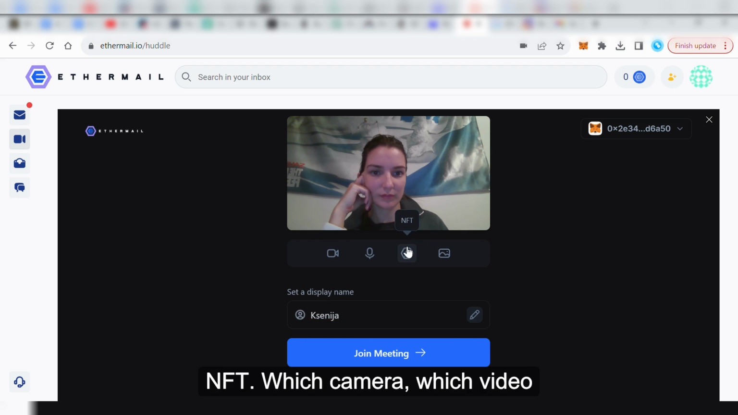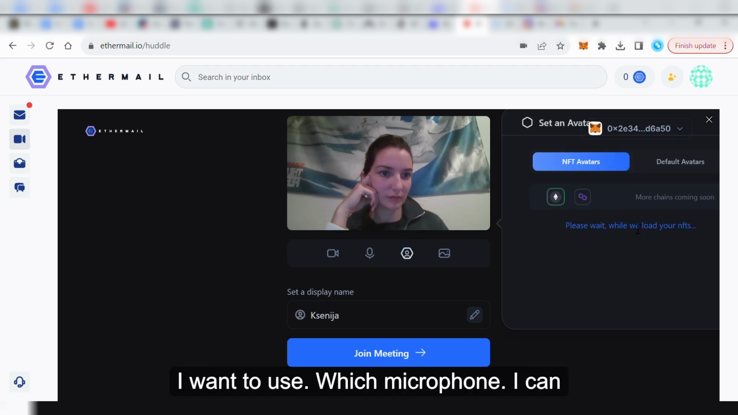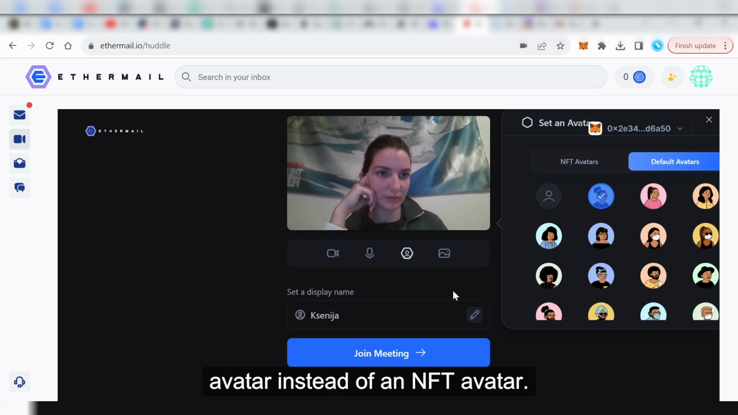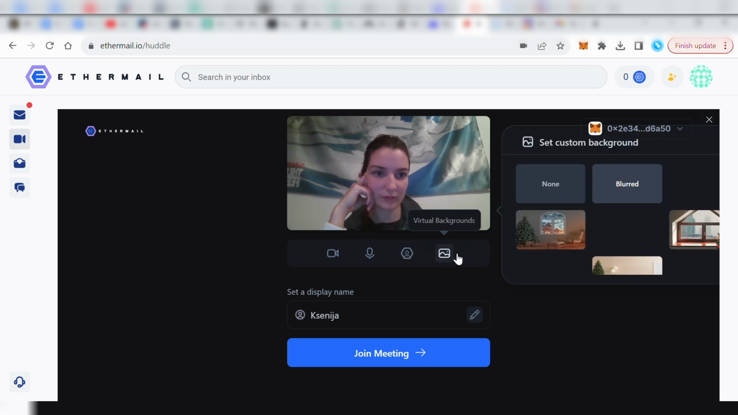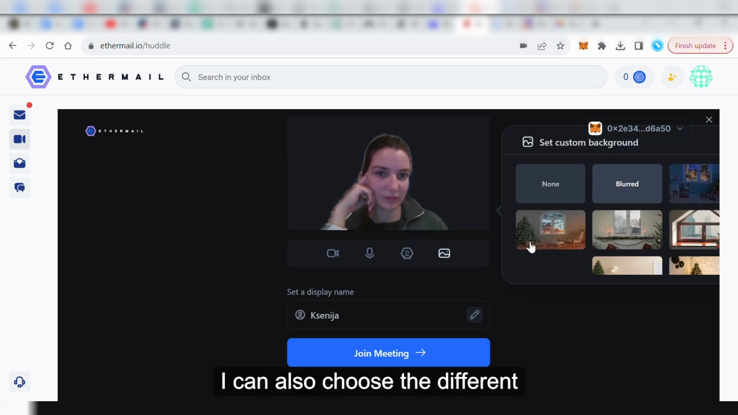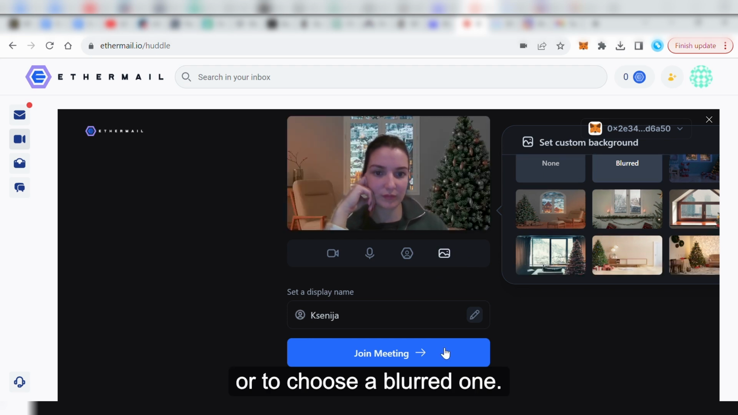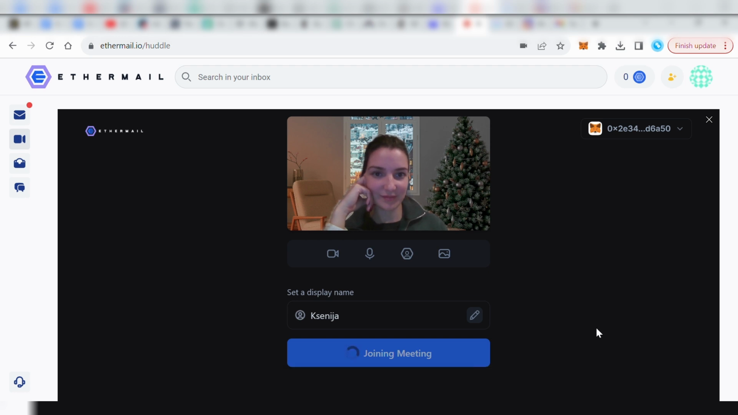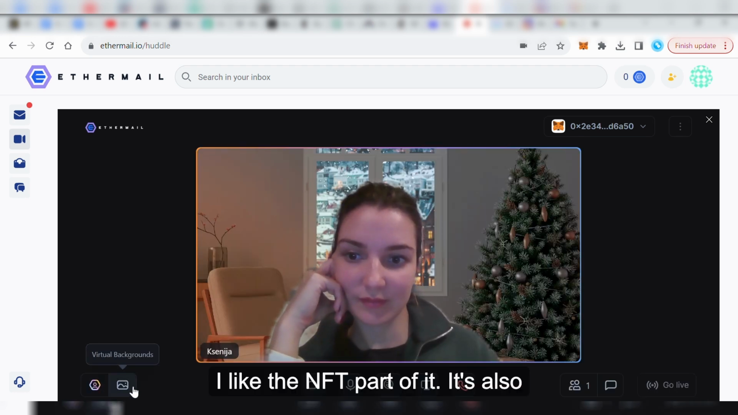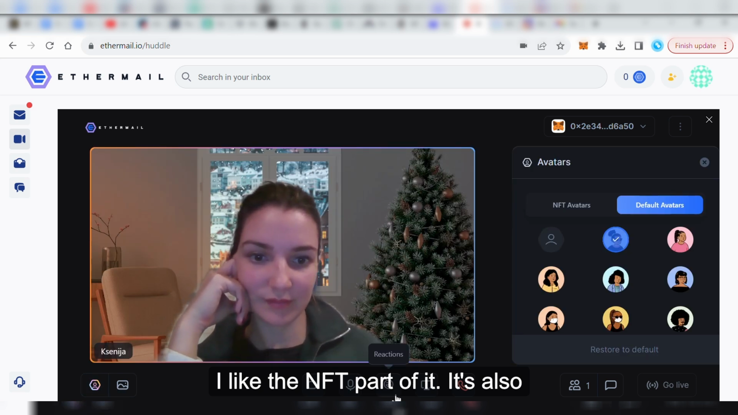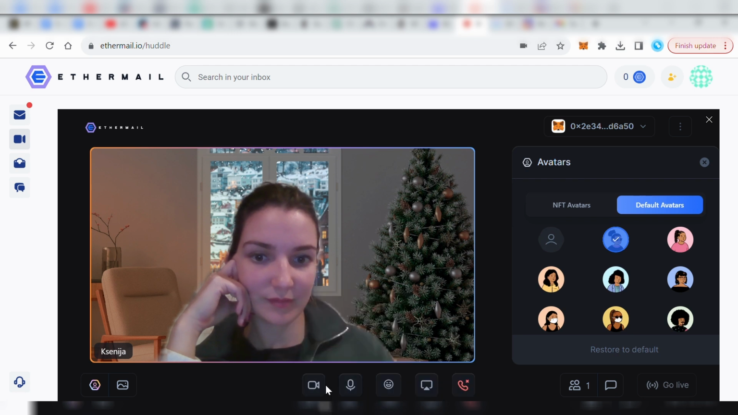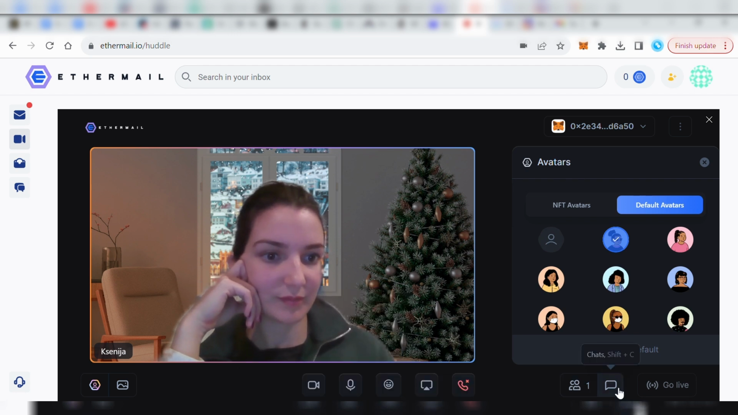I can also choose an NFT, which camera, which video I want to use, which microphone. I can choose a default avatar instead of an NFT avatar. I can also choose the different backgrounds like in Zoom, or to choose a blurred one. And let's see how it would work if I join the meeting. Actually working fine. I like the NFT part of it. It's also possible to add the emojis during the call. And do the screen share, manage the participants,